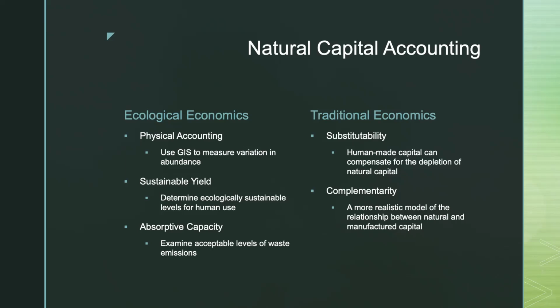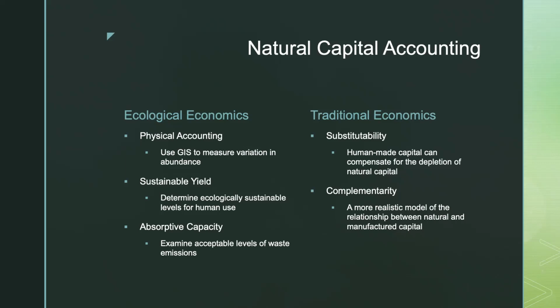Ecological economists have also dealt with the valuation of natural capital in terms of planetary absorptive capacity. This is where we look at the planet's biological systems and mostly the chemical foundations for how the environment is able to handle the excretion and emission of waste and pollution. We could find an acceptable level of waste that would allow the planet to absorb that waste and regenerate.